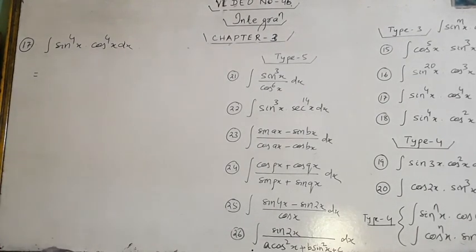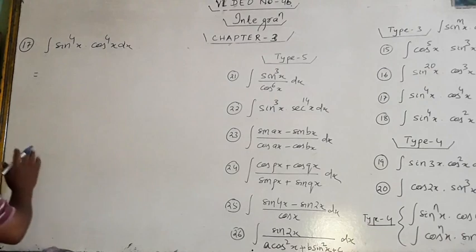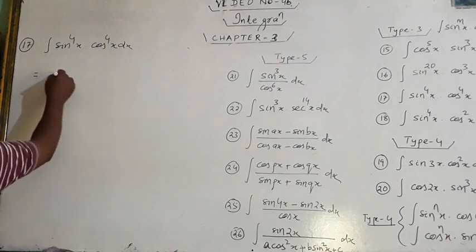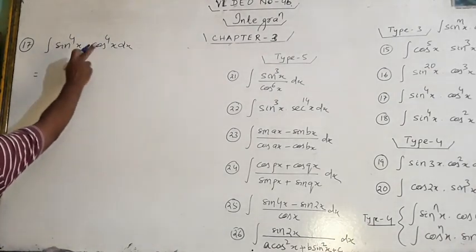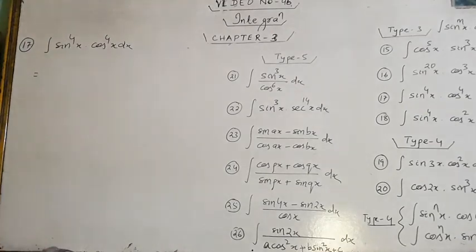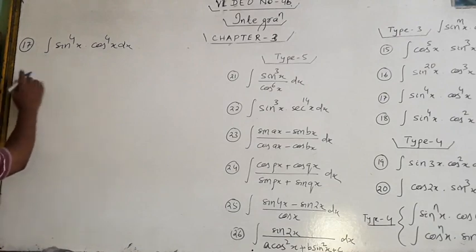Look at here. Here sin and cos, every power is even. In this case, you have to convert the power. If sin and cos have even power, then you have to convert the power to angle. You have to convert the power to angle. In which way? Now look at here.